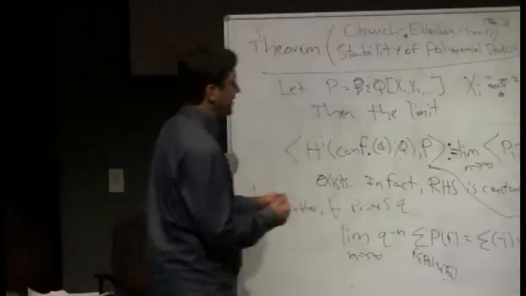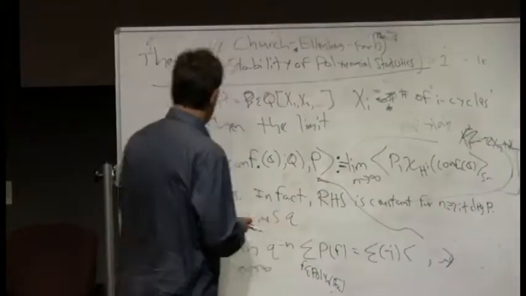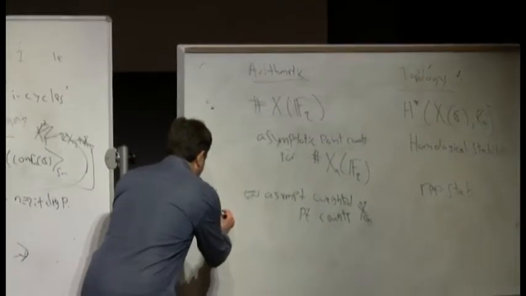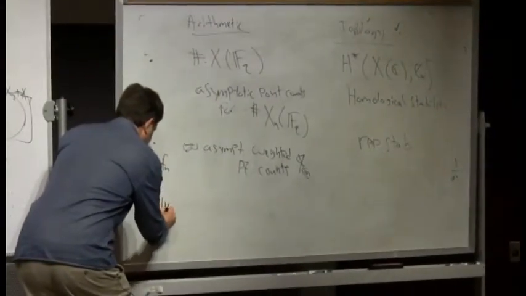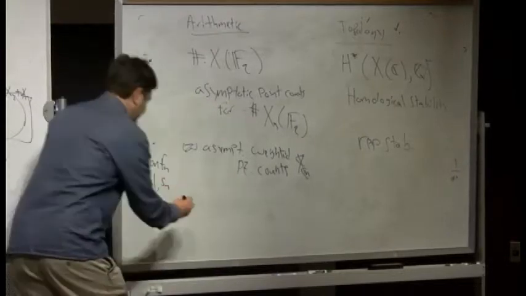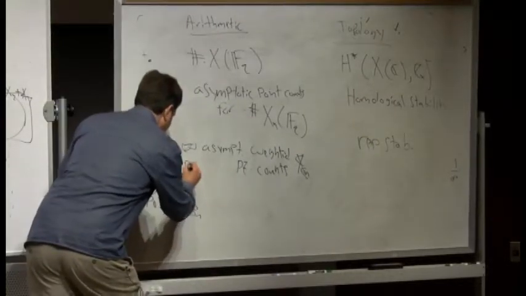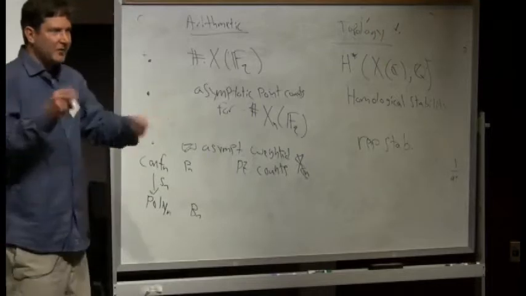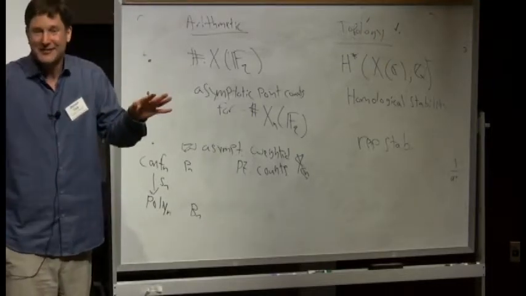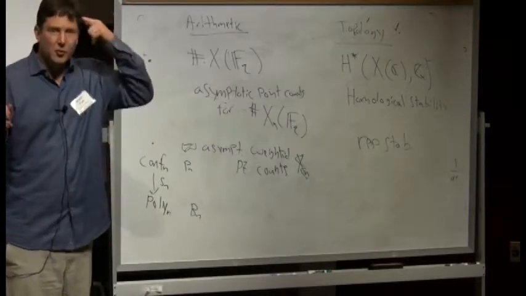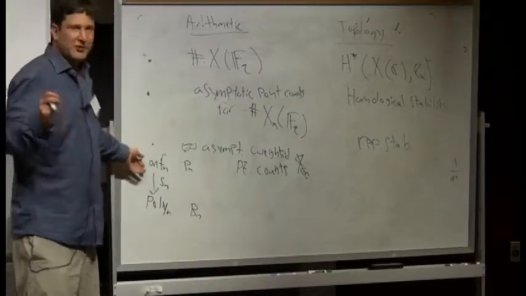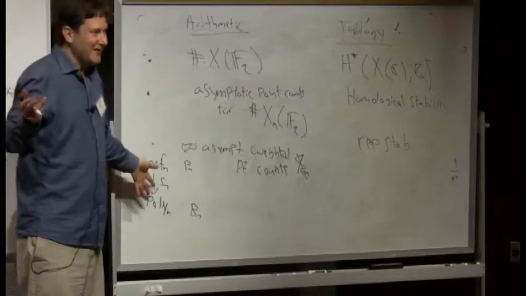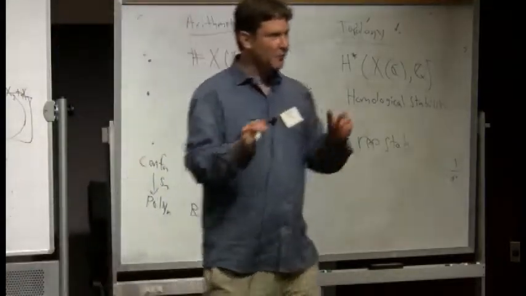Yeah, so what Andy's saying is, this whole game was: I have Conf n, and it covers the space of polynomials, and I have Sn, right? And here you have the Braid group, here you have the pure Braid group as the fundamental group. And we did this whole game, but I'm only measuring the permutations. Shouldn't we learn from McMullen's work and other people's work, that you should just look at the braids themselves? Why are you just looking at permutations? And I would say, because we're really wimpy.